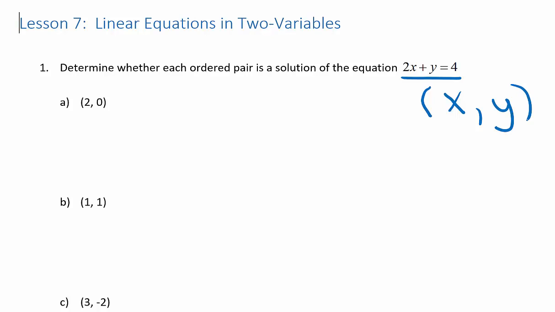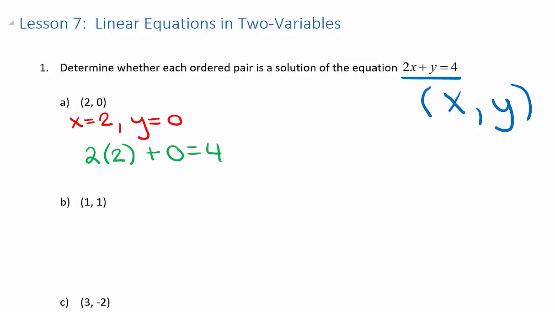So in part A, they're asking, is the ordered pair (2, 0) a solution to this equation? First, that ordered pair is giving us the information that x is 2 and y is 0. If this ordered pair is a solution, that means when you take the equation 2x plus y and you replace the x with a 2 and replace the y with a 0, if it is a solution, that will be